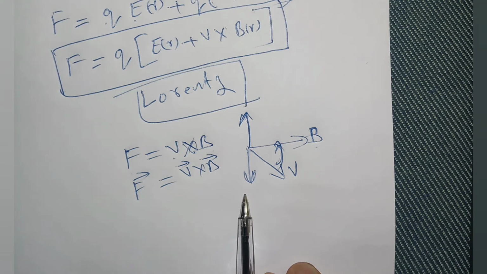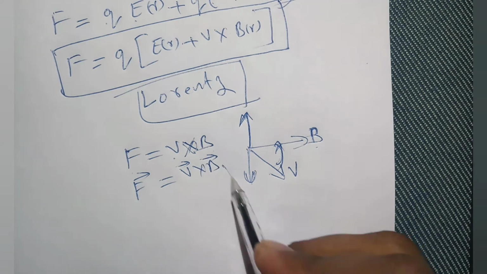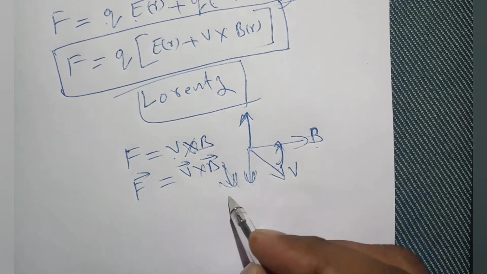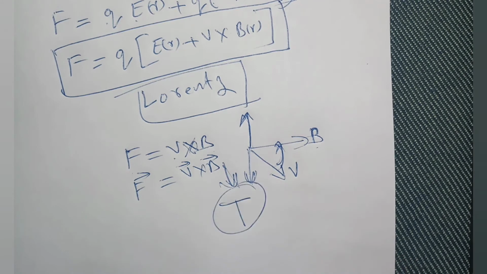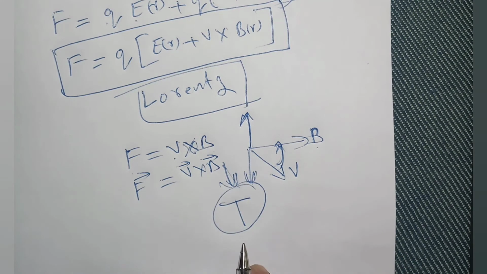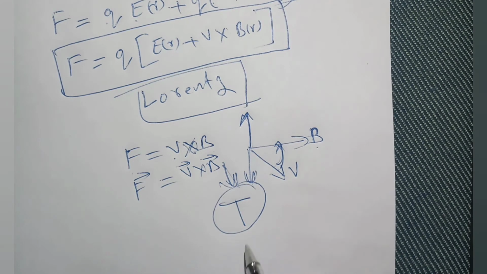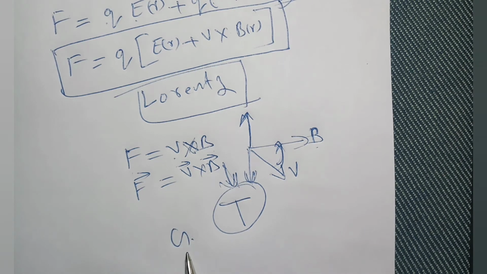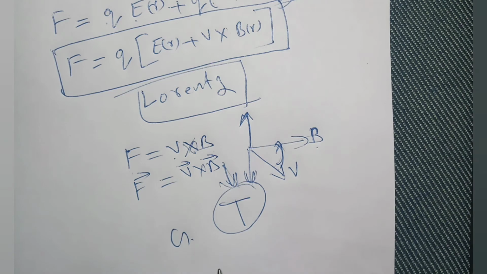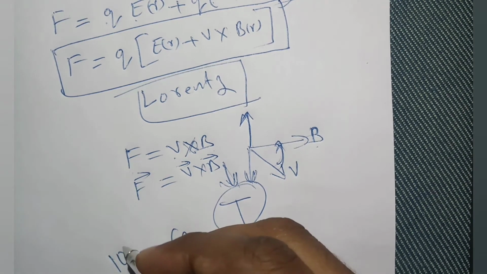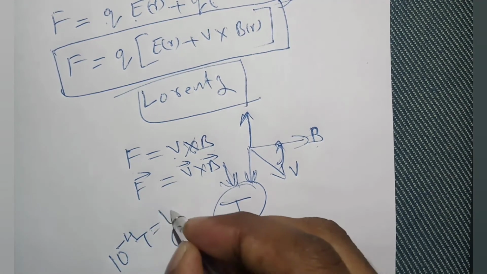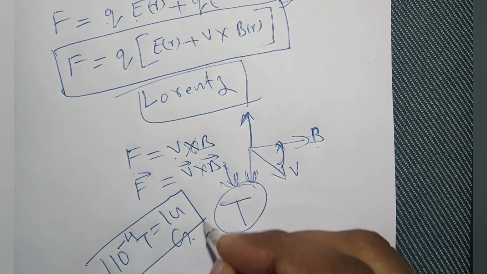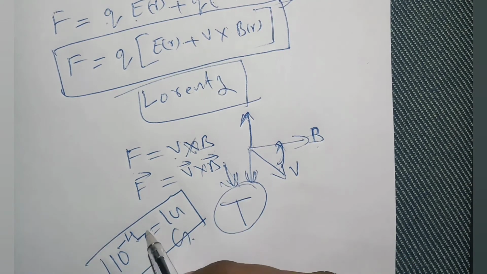And again, the magnetic field you have to take in the SI unit. We already discussed, it will be Tesla. The magnetic field you have to take in Tesla. And we have another small unit also, Gauss. That is a very small unit. That is 10 to the power minus 4 Tesla. 10 to the power minus 4 Tesla makes 1 Gauss. Okay, so we will use Tesla as the SI unit.